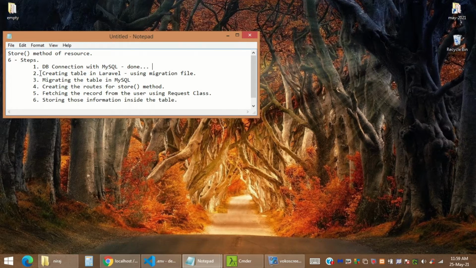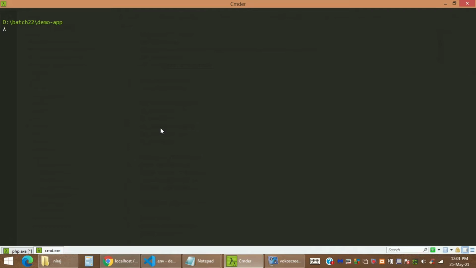Okay, so the next step will be creating the table in Laravel using a migration file. For that, I'm just going to type php artisan make:migration, and I'm telling the artisan command to create posts.